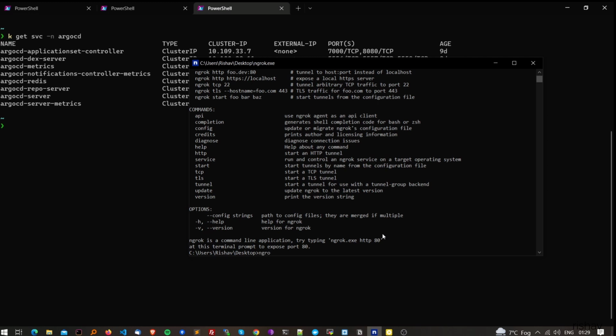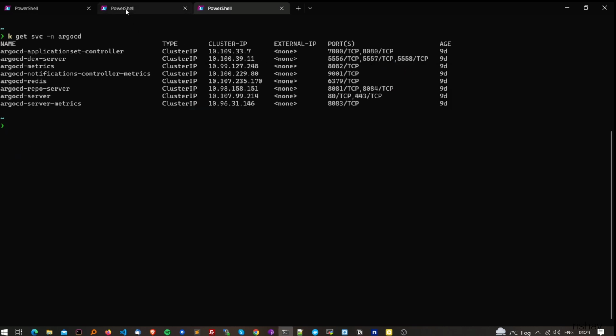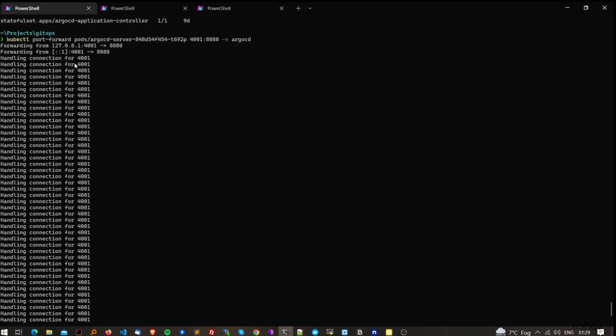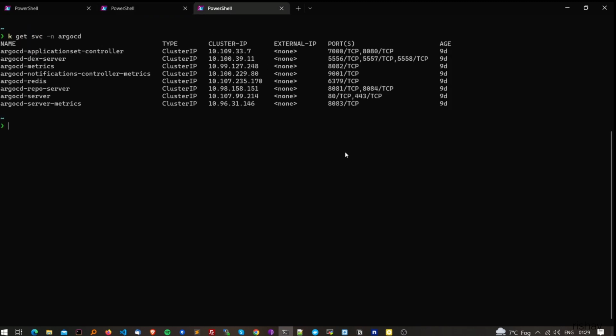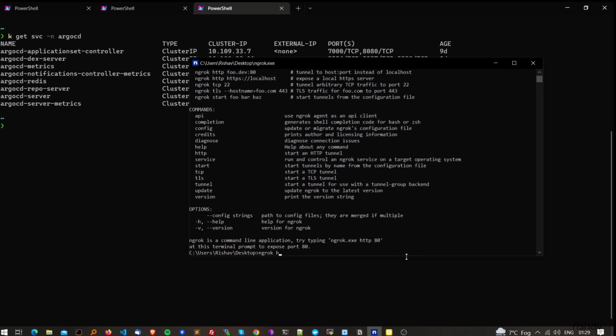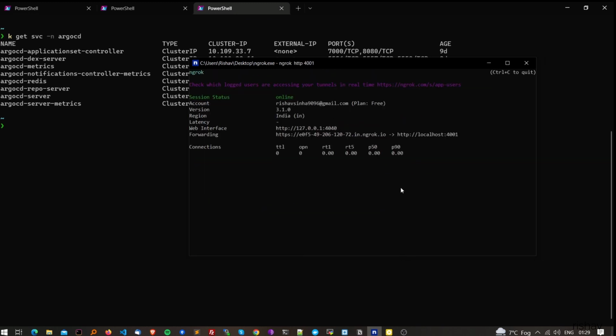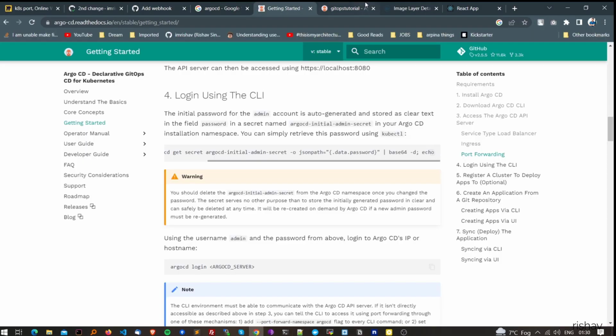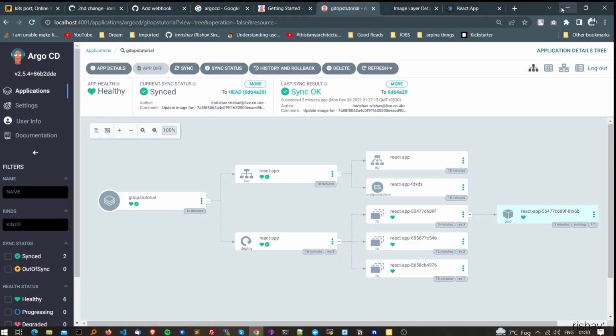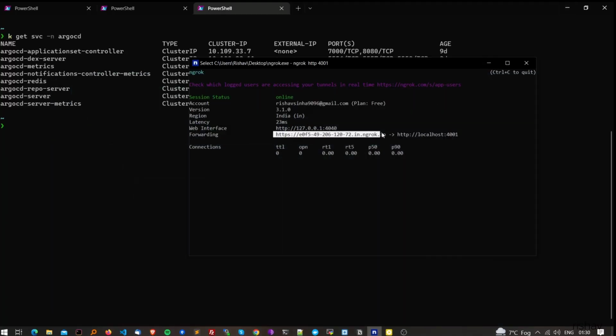To use that, you need to use ngrok, and first of all we need to check the port which is running. That is 4001. Okay, so let's go here, ngrok http 4001. Now as soon as I add it here, you can see we got the forwarding URL. First let me check this is running on 4001 now. I forgot. Yes. Okay, so I'll copy this one